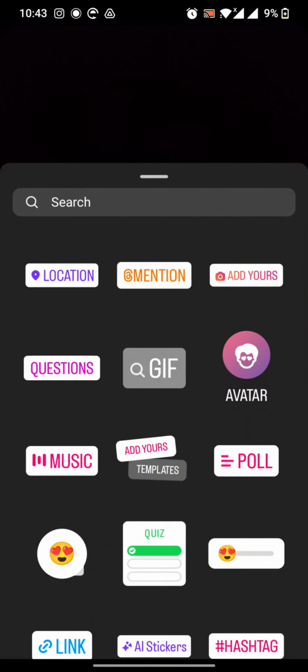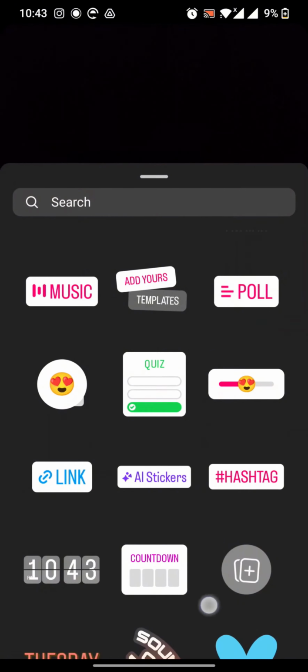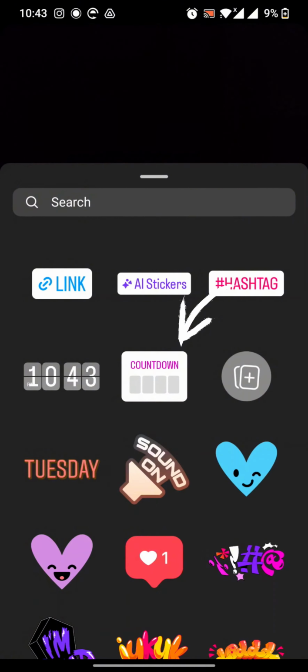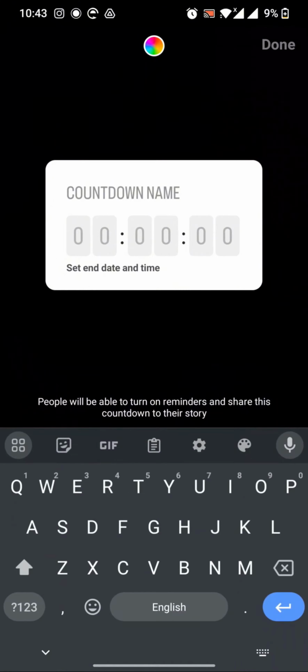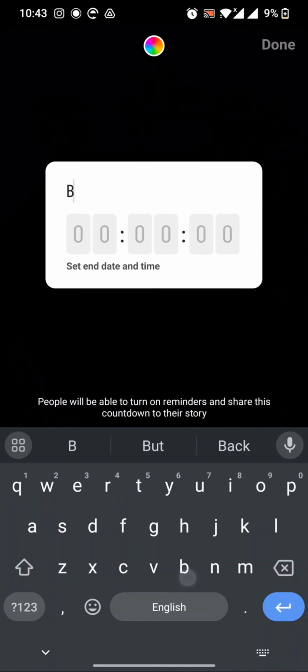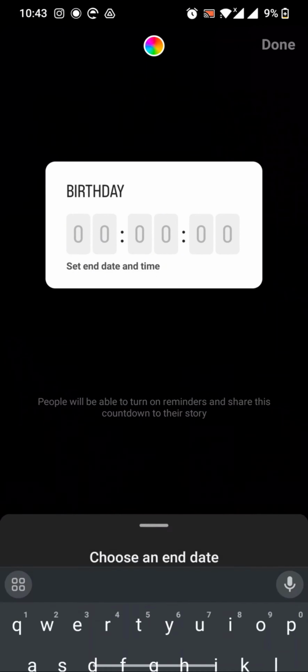So now you just have to go to the smile square button and click on that. So here are the countdown options. Click on this. For example, your friend's birthday is tomorrow, so just set the time or date,